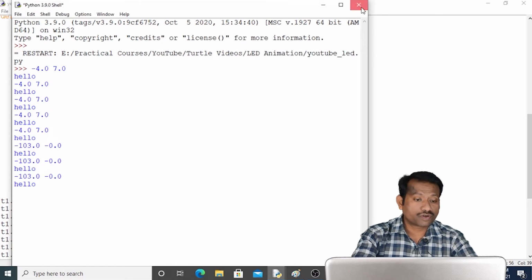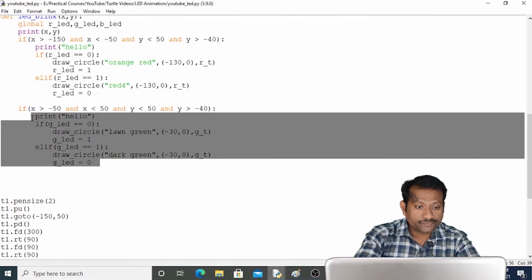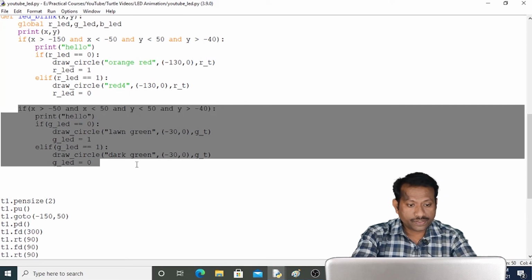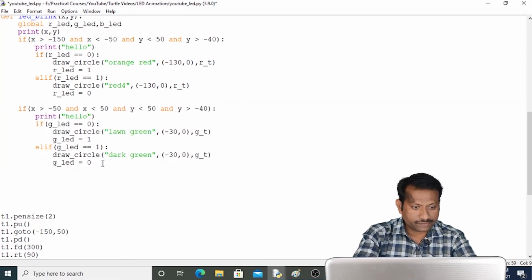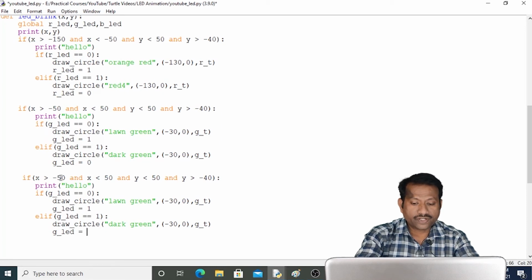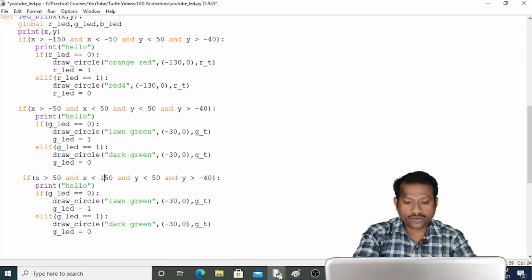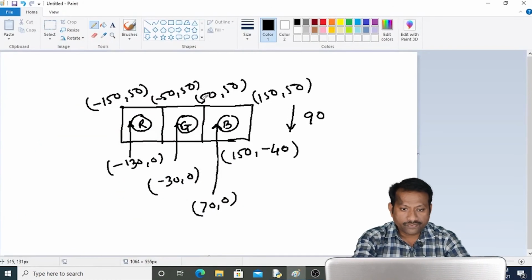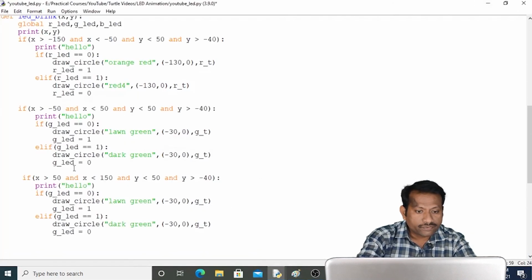Now let us make the changes for blue also. So let me copy this code, Control C, and now paste it. Control V, and the coordinates for x it is 50 to 150. So whatever the coordinates we have seen for third, it is 50 to 150. Yes, so I have taken it 50 to 150. Y coordinate will remain same. We have to change green to blue.